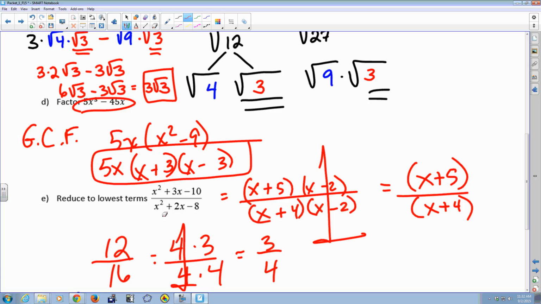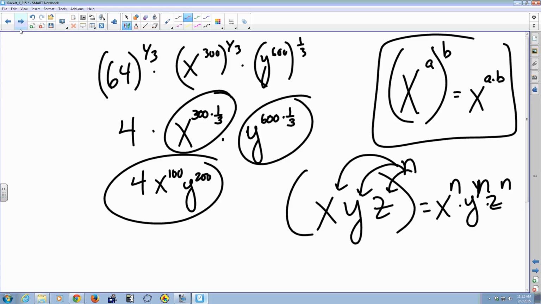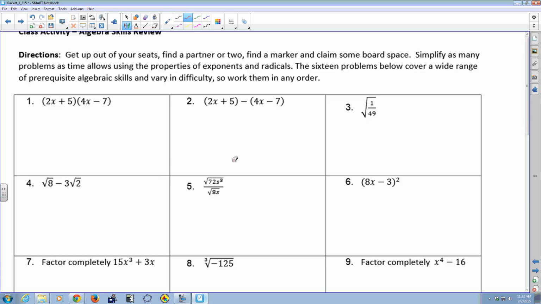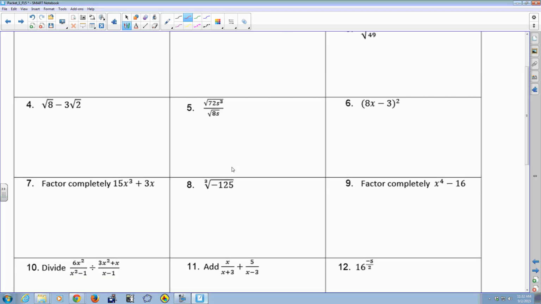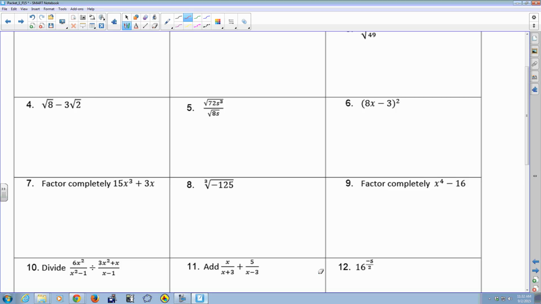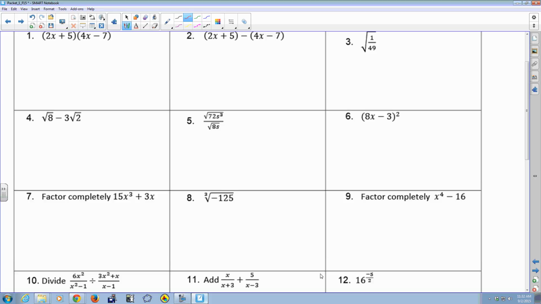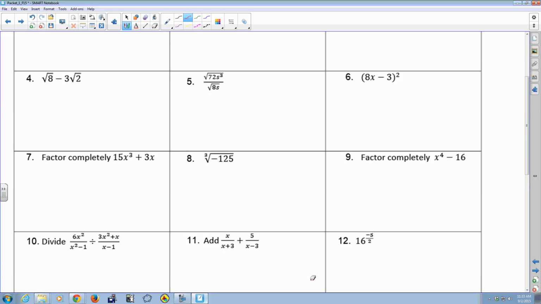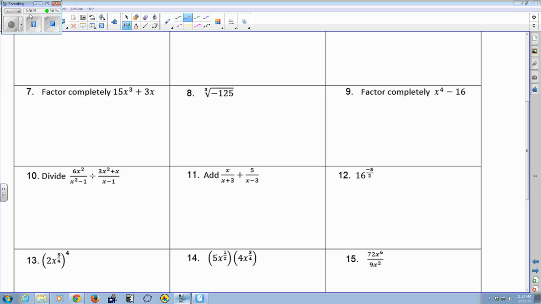So you now have almost 20 minutes to work on your class activities. And what I would suggest, and this is really up to you, you can work by yourself, with your group, you can work on the boards, but look them over and go to what you think you're going to have the most difficulty with while you still have resources available to you, like your classmates or me. So I would suggest leaving the things that you absolutely know how to do and work on the problems where you may need some assistance. Okay, I'll put the music back on and